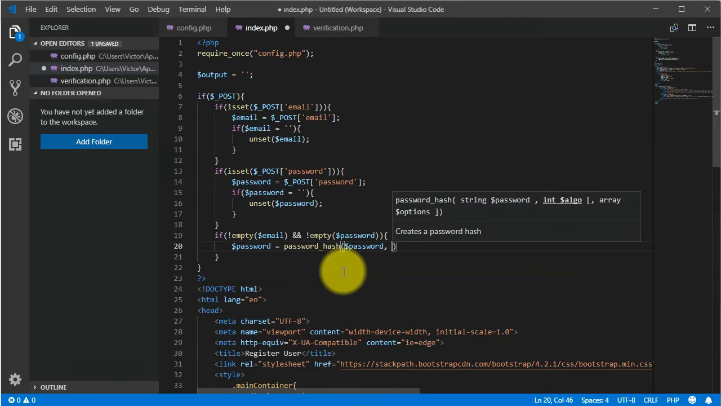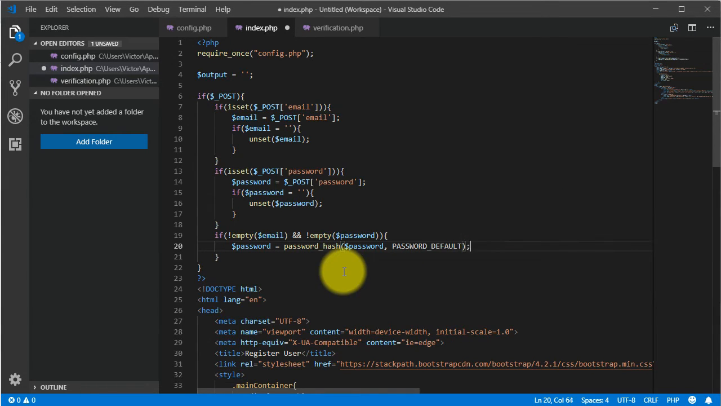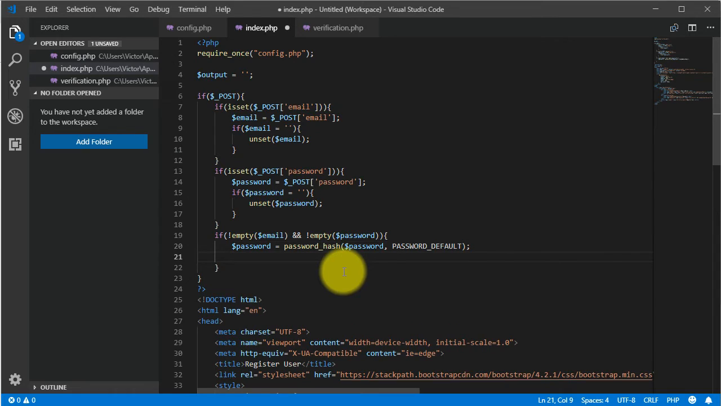This one gets two parameters. The first parameter is the password, and the second parameter is the password default, like this. So we got our password from the post method, and we reassigned it. We generated a password hash, and we reassigned this new value, our hashed password, to our password, which is an encoded password. You'll see in the database there is going to be a long